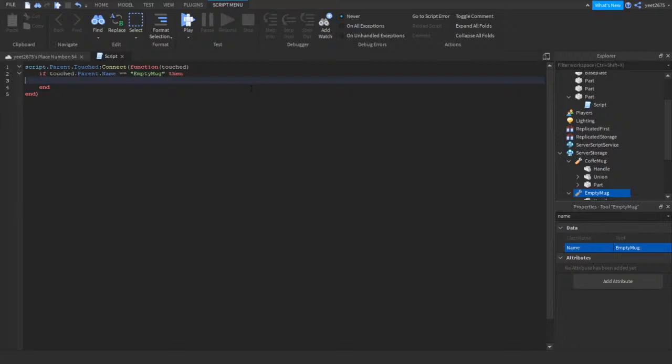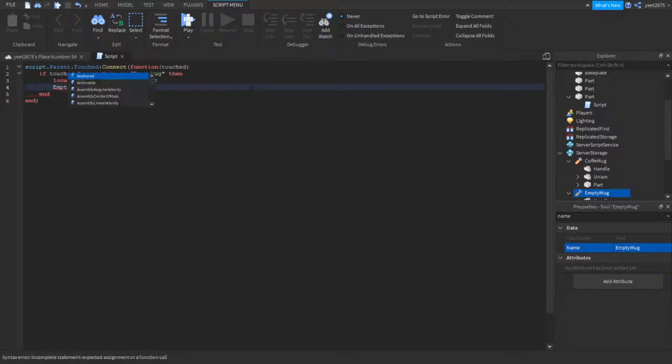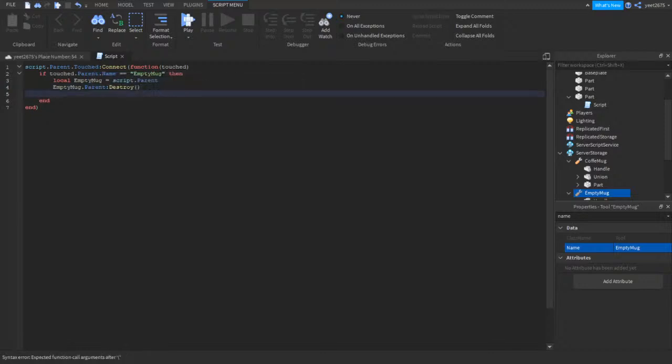Actually we're going to do local empty mug equals script.parent, and then empty mug dot, and then dot parent equals empty mug dot parent, and then destroy. And then we need to set coffee mug's parent to the parent of like the player. So then we're going to do